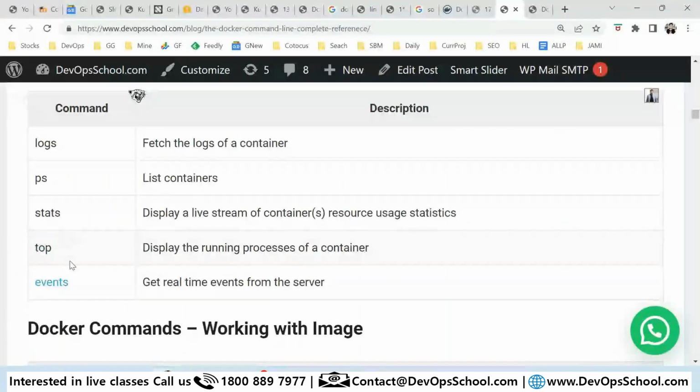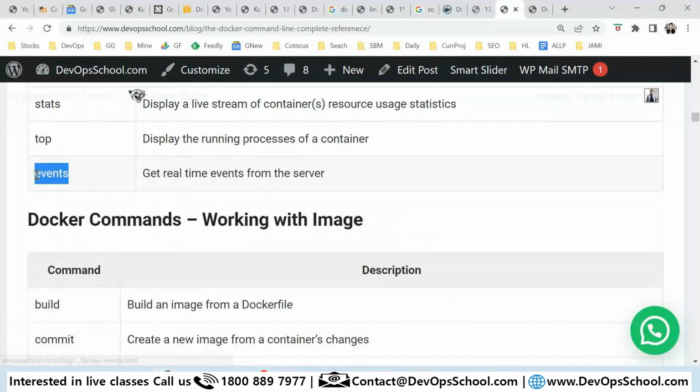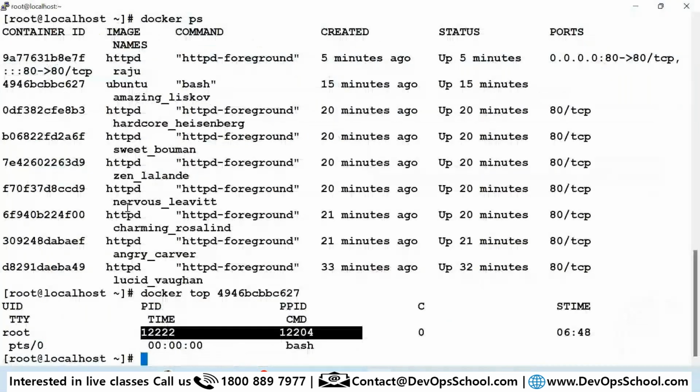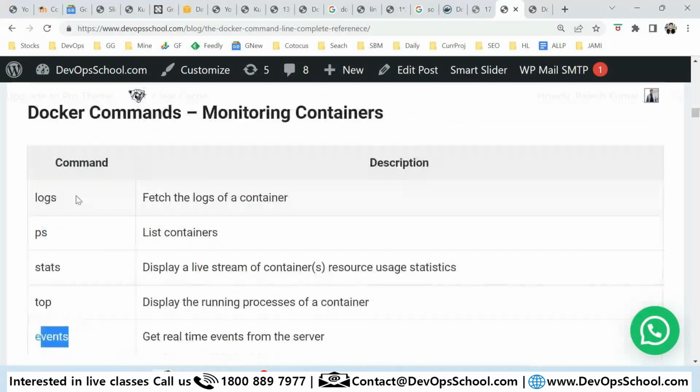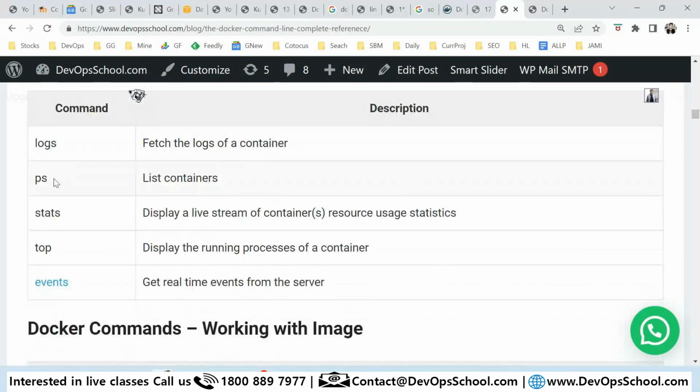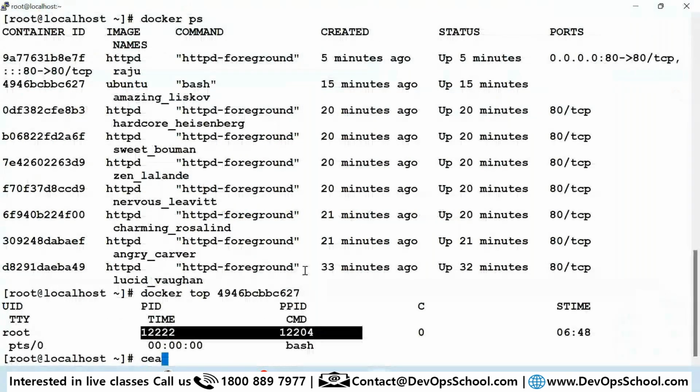Now this is the last command, events. What will the events command do? You saw that you can check the logs of the containers, processes of the containers, stats of the container, top of the container, the process ID and so on. But this one will monitor the server actually, the docker daemon. So can we see that here? So docker